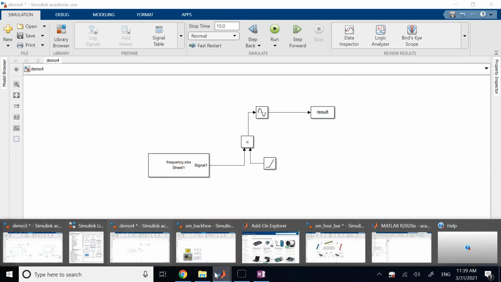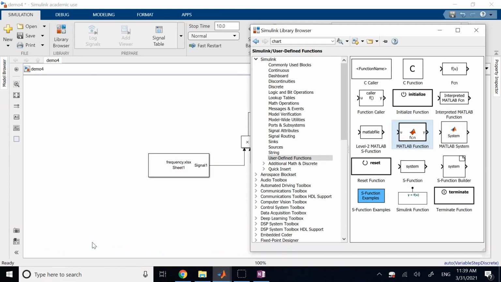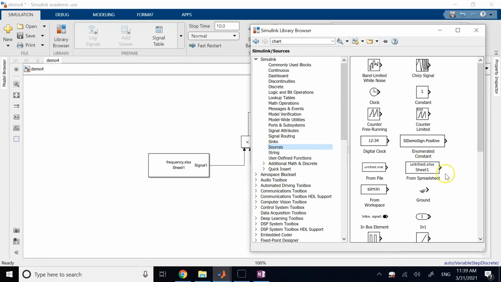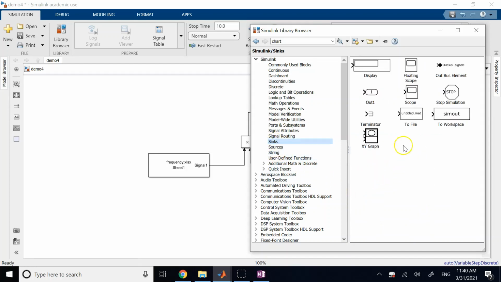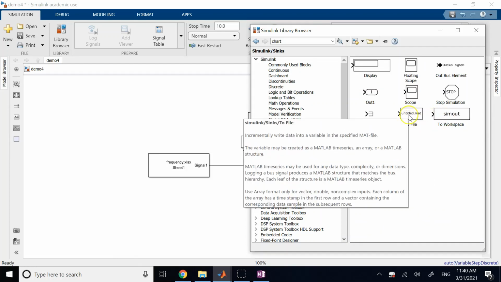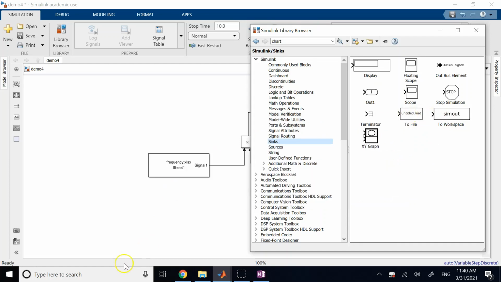Well, what I need is I go under Simulink, and then I go under sinks or sources. If I go to sources, I have from spreadsheet, which is what I'm using here. I can read it from a mat file. I can bring it from workspace and so on. And the same thing with sinks. I can write it to workspace. I can write it to a mat file and so on. So here,